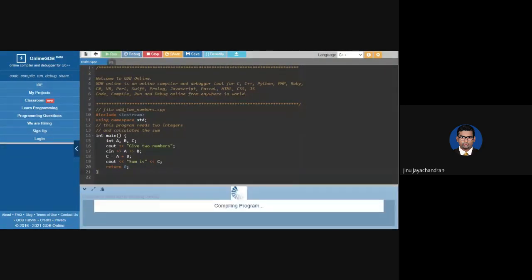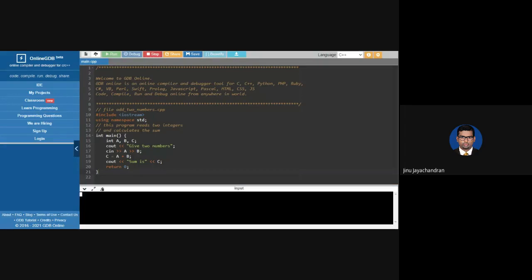So it is compiling. So here it is asking to give two numbers. This is basically from executing this statement. So now it has actually executed this statement cin >> a >> b. So it is waiting for the user to enter something. That's why there is a blinking cursor here, because there's a cin statement.